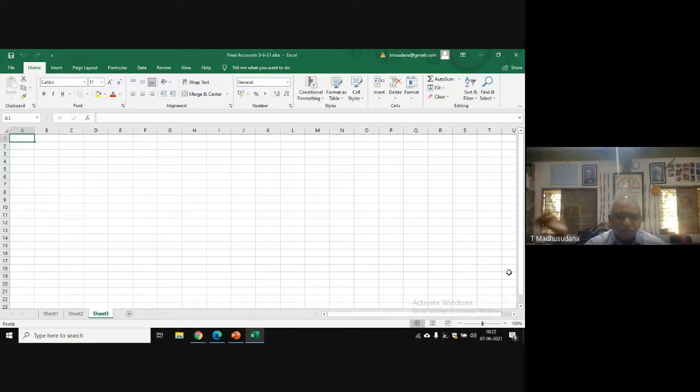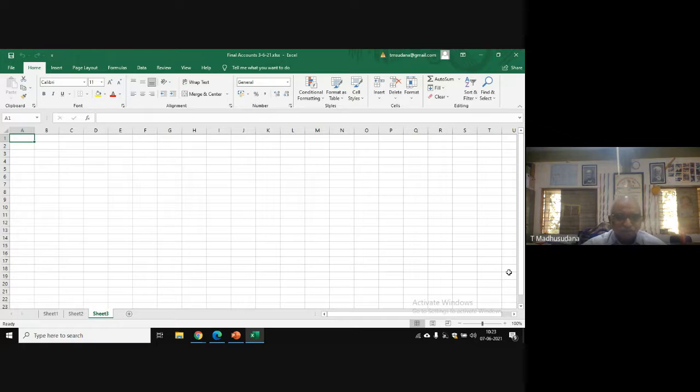But the other method is you just compare the two. Which one is more? Is the old provision more or the new provision more? In this problem, old provision is 1,050 in the trial balance. New provision is 1,000. So old provision is greater. So old provision has 50 rupees excess. Now that 50 rupees we have to show on the credit side of the profit and loss account. This is another method. You can follow any method.